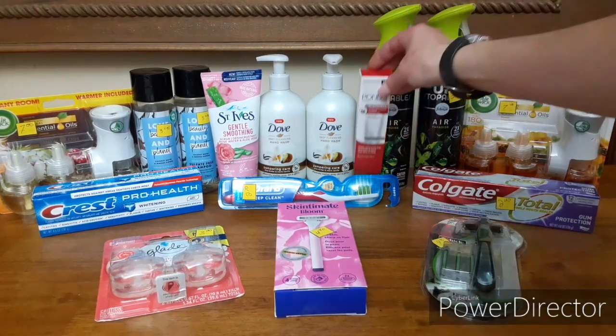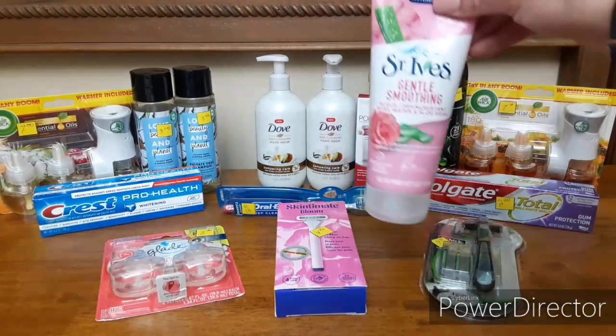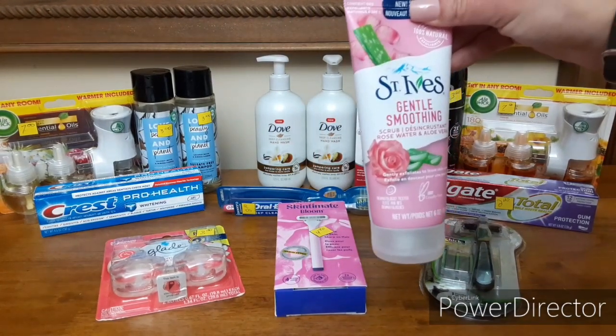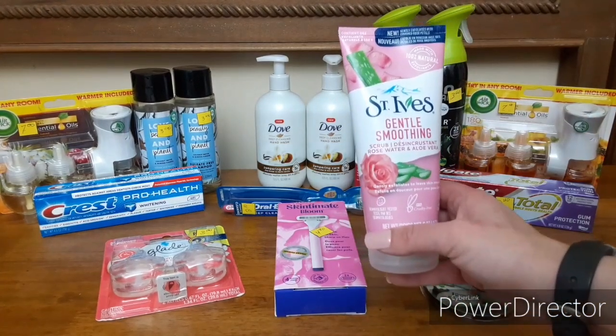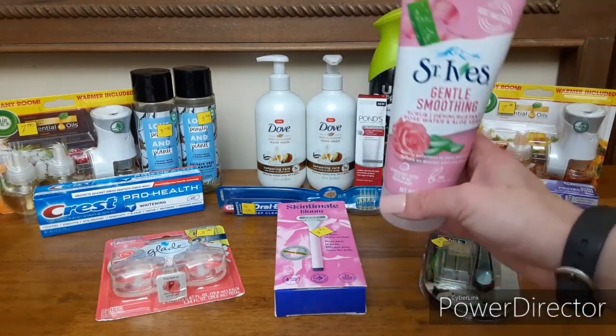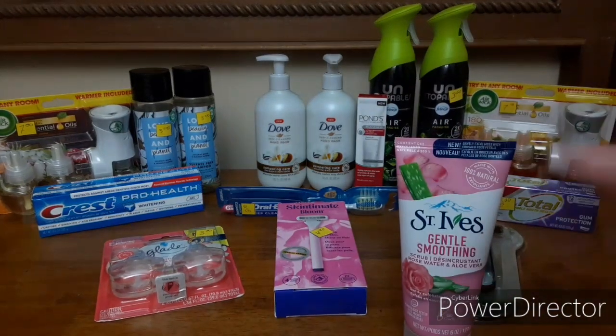So I went ahead and grabbed that. Next up, we have St. Ives. So this is a face scrub, rose water and aloe vera. So these are $2.02. And on Sunday, we are getting the new